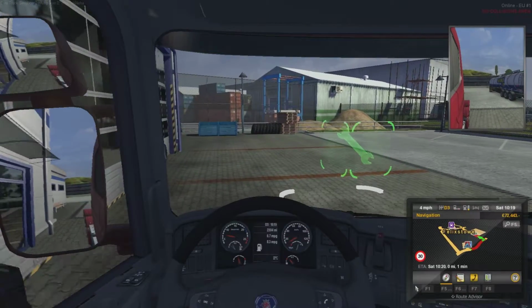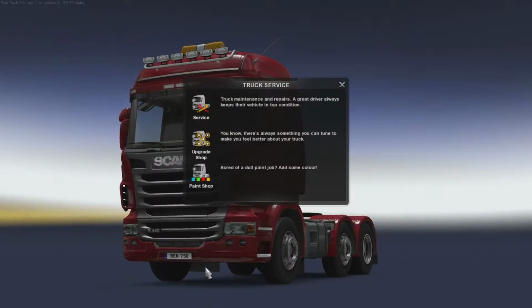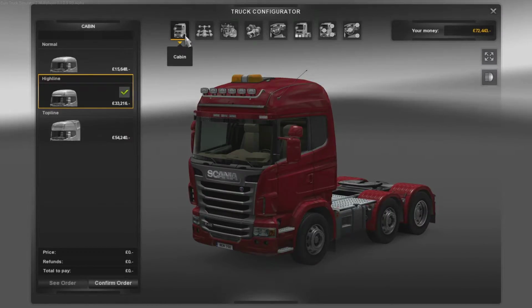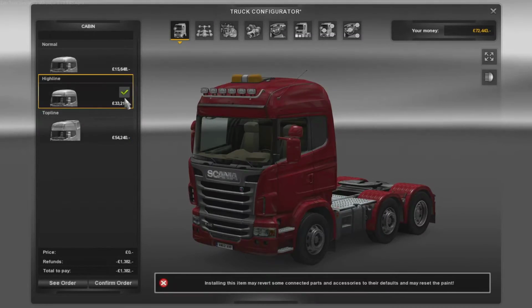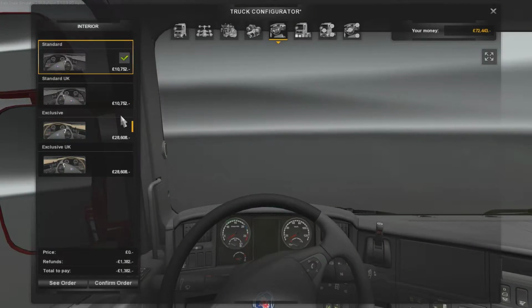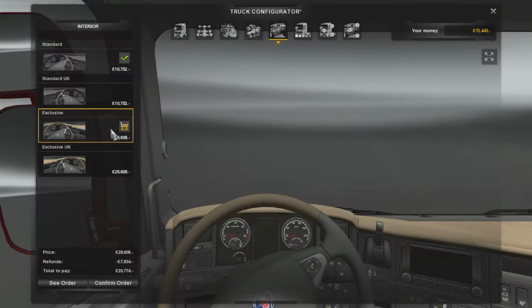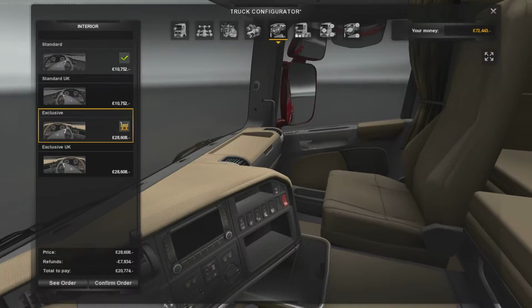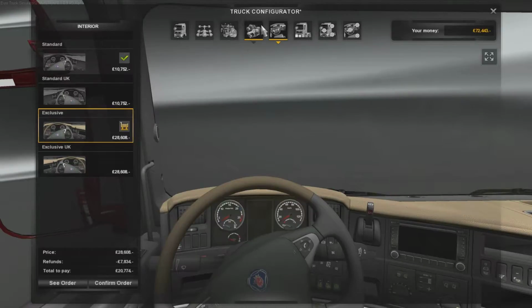Right, so pull in. Right, upgrade shop. Can we upgrade the cabin? So we can go to a top line for, that only costs us 39, but I'm not going to do that. It's a tier, isn't it? Yeah, so exclusive UK, so that would be a good idea to change it round, but we're going to use it on the left hand side, and we'll go for, ooh, lovely bit of cream. I'll go with that. So, stick with that. What else can we...